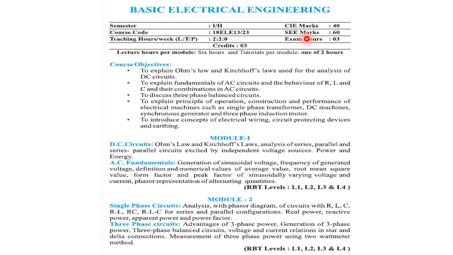Let us discuss the syllabus of Basic Electrical Engineering. What are the contents it consists of? It consists of 5 modules. Each module consists of a number of submodules, or you can say units. Let us consider the first module. It consists of 2 parts. First part is DC circuits, second part is AC fundamentals.